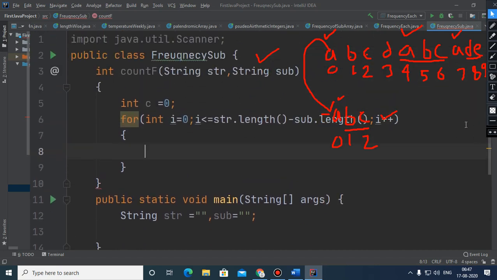Here I'm just going to remove this part, and here this is ABC, so that the code is visible. Here you can see the length of the main string is 10. Yes, it is 10. There is no space in between. And the length of the substring is 3. So the loop will go up to 7.